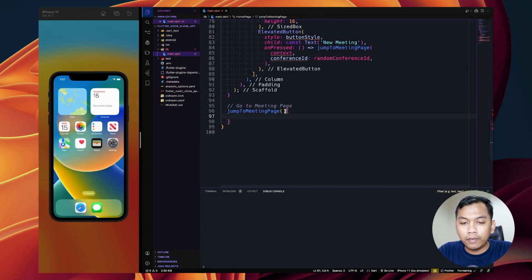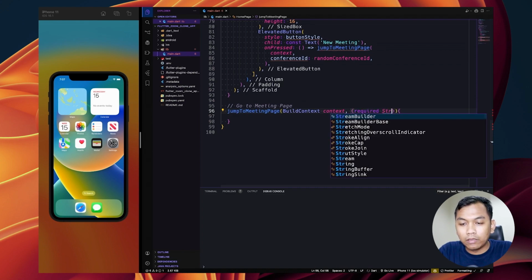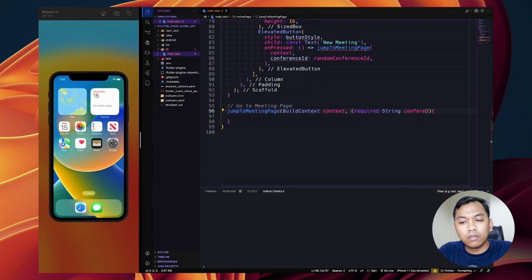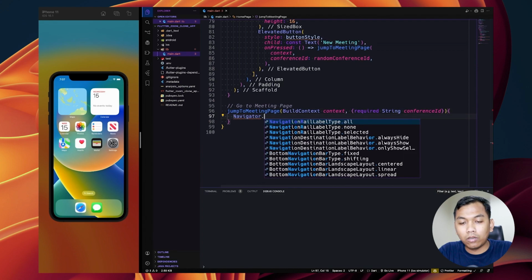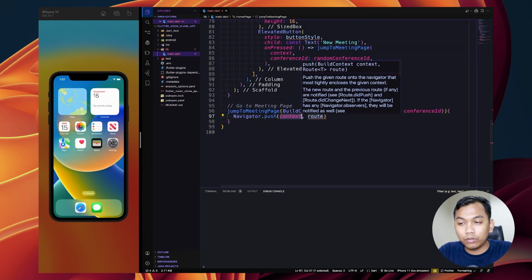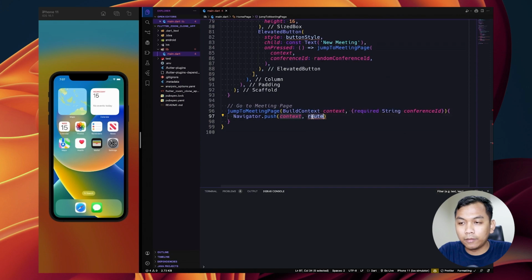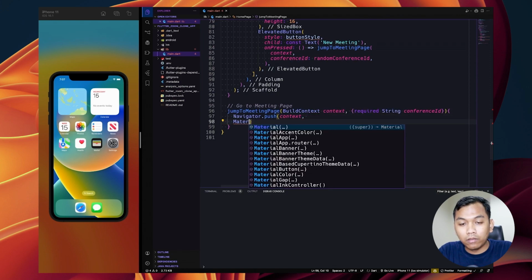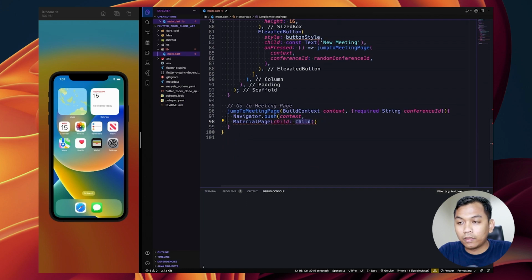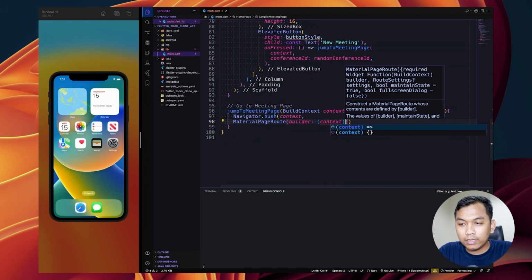And it will be build context, name it as context, and we require conferenceID. And inside this, we will call Navigator.push, and we want to bring context. And for the route, MaterialPageRoute, and the builder will be context.